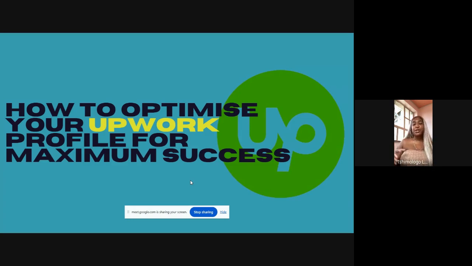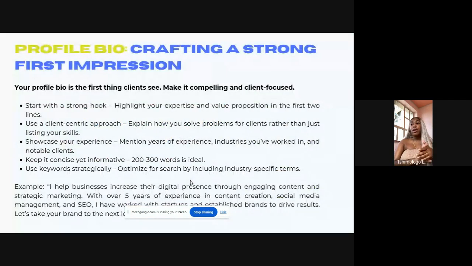So when you say optimize, what does that mean? It basically means making the best of something to its absolute peak. In simple words, not trying to go around it, not trying to make it too complex. You're making it as good as you can with the tools that you have available. Upwork has provided us with a lot of different tools that you're able to use to make sure your profile stands out amongst other profiles in a way that suits your style and your way of work. So we're going to start with the bio,